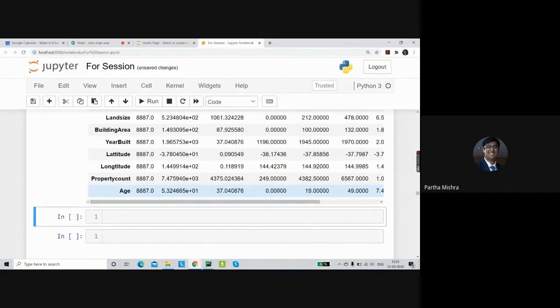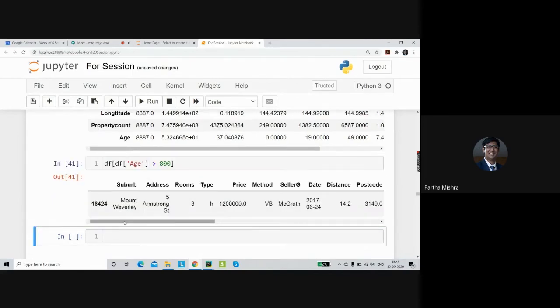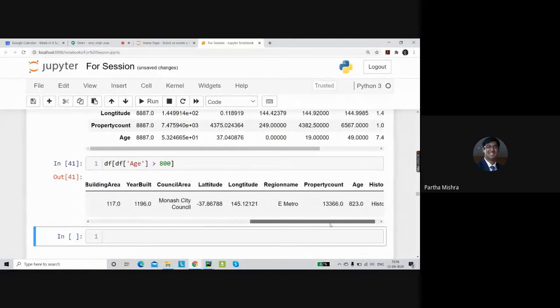For that, we can take the help of a simple filtering. So here we can mention df of the age column having a value which is greater than 800. So I'll simply mention age greater than 800. There's one such house at 5 Armstrong Street, which is about 823 years old.